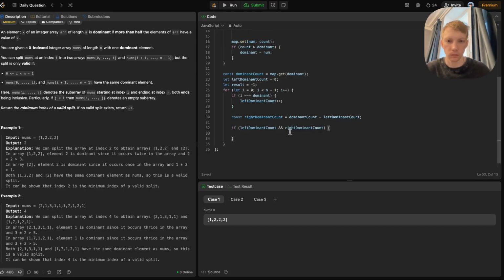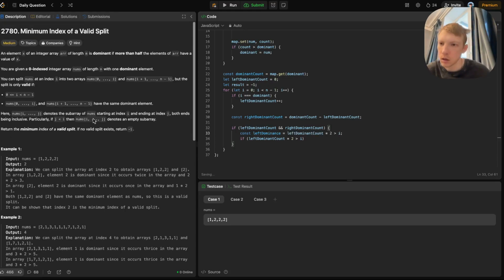And I is the number of left elements. If left dominant count multiplied by 2 is bigger than I, const left dominance, let's say left dominant count more than half, bigger than I, and